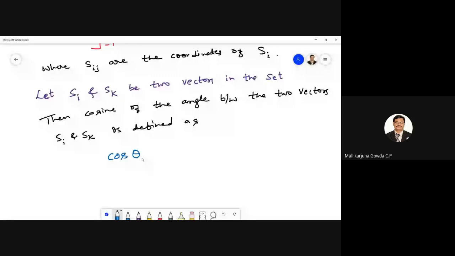Cos theta ik is equal to the ratio of the inner product of these two vectors, the inner product of Si and Sk,